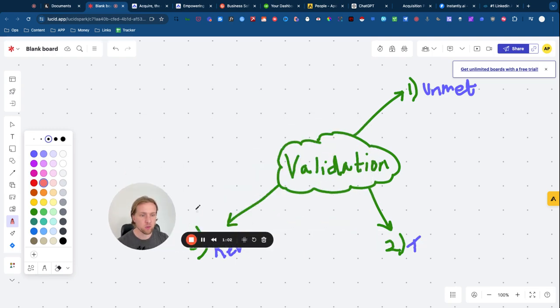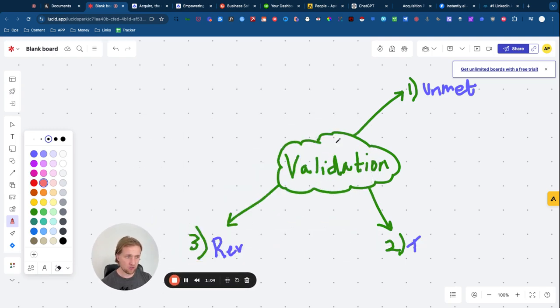So without further ado, what I'm going to do is minimize my face, and we're going to first talk very quickly about what validation even means and why it's important. You can't have a successful business or a hard-hitting, results-producing offer if you don't know it meets an unmet need. If your offer is something that everybody else is doing, and there already exist tons of services and products to solve that problem, then there's not a need that you are meeting. Other people are already meeting it.